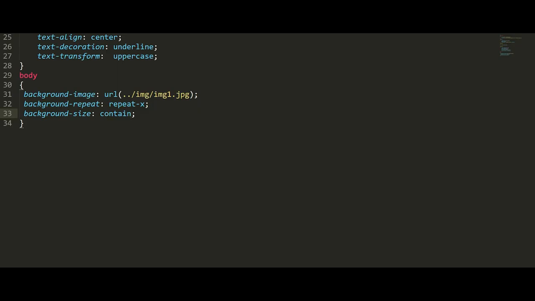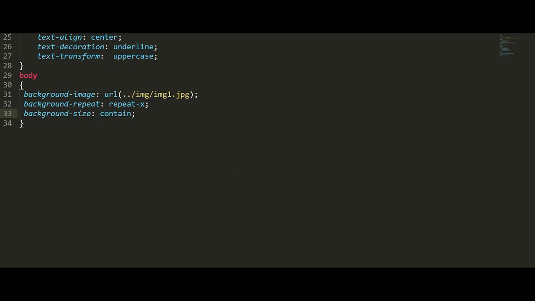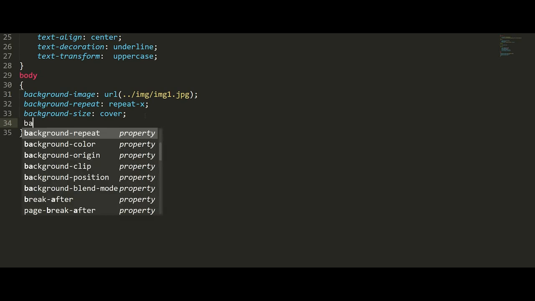Contain means it won't take any risk, it just displays according to the screen resolution. So let me give cover itself, so that it is very easy to work with.